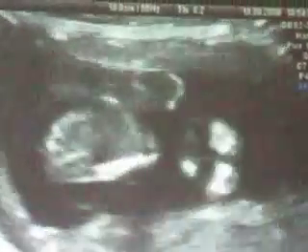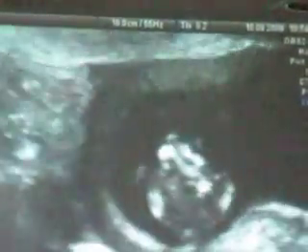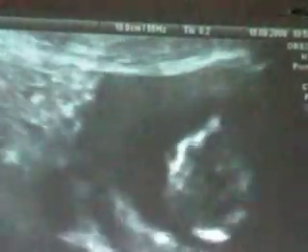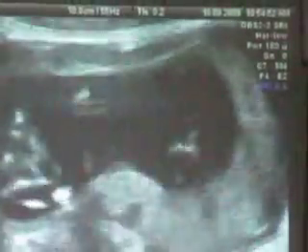Oh, now we are getting the NT, so better do that now. So we are going to do some opportunistic imaging. Baby is now facing up, and because it is facing up, we are getting a mid-sagittal view of the face. It's already turned up, so now we can't do it anymore. So let's go for the spine.